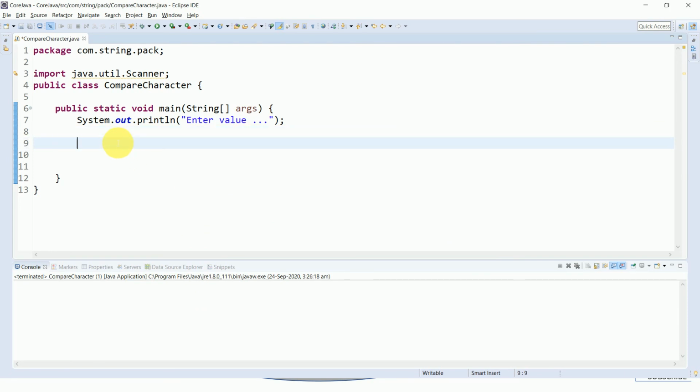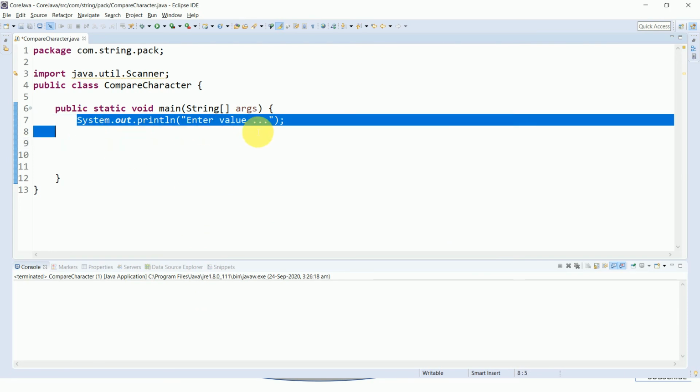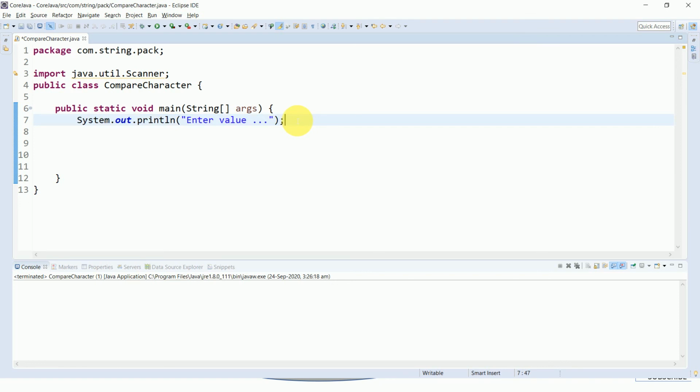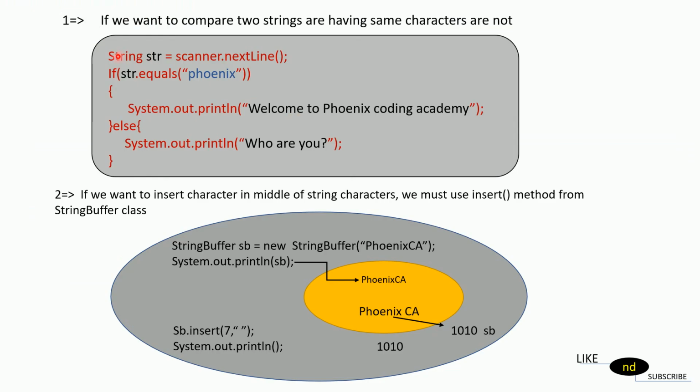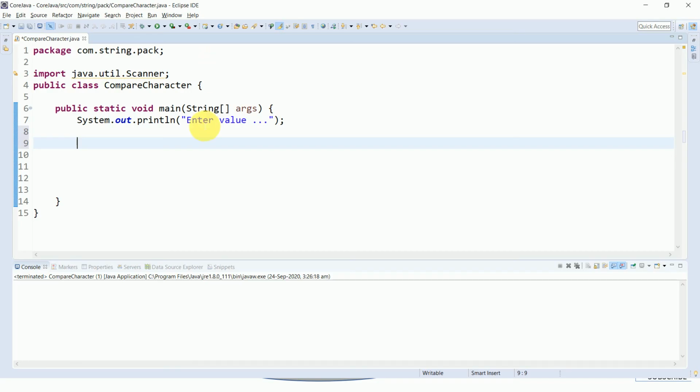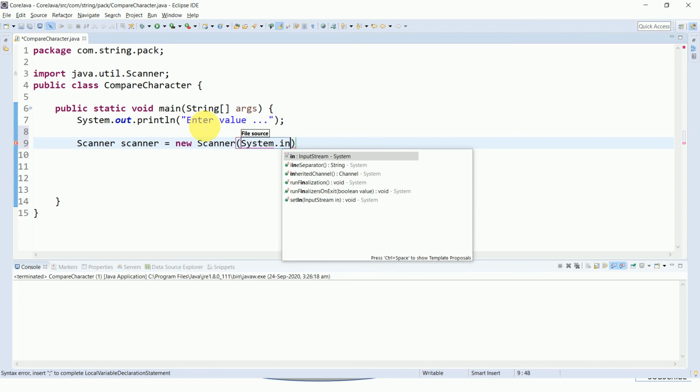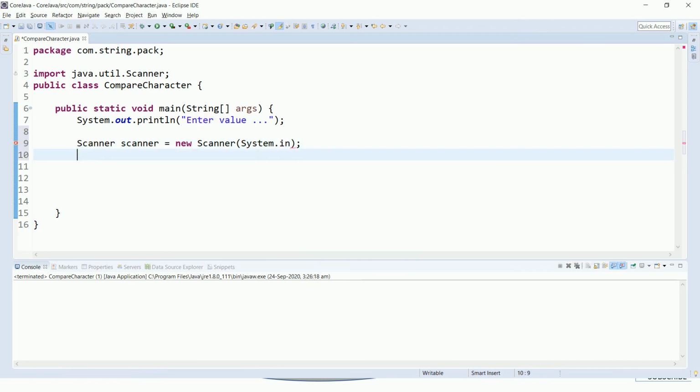Before taking input, I am printing a message, enter the value. Okay, we will check the first program. I will take input from the user with the help of Scanner, System.in.